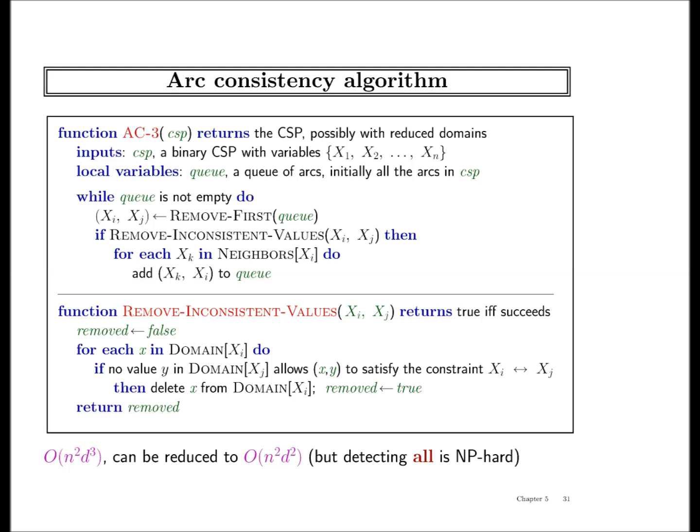So it will test the arc between A and B. For A equal to red, do we have a value for B? Yes. For A equal to green, do we have a value for B? Is it going to remove anything? Similarly for AC, similarly for BC. So at the level of arc consistency, we will not detect this failure early. So there are still failures that we cannot detect with arc consistency. Why? Because each pair is fine, but a certain set of three is not fine.